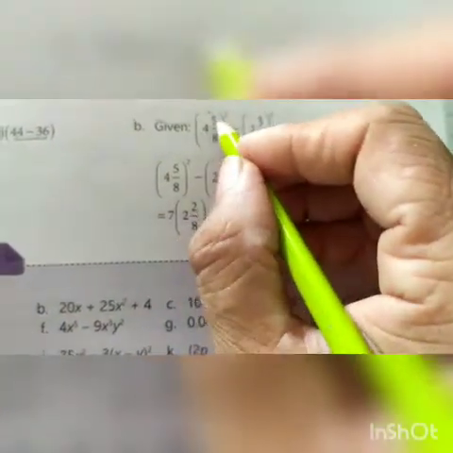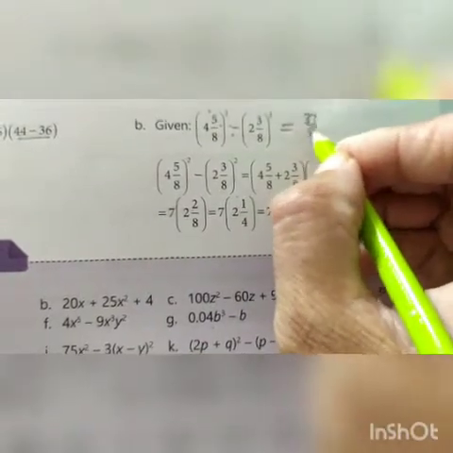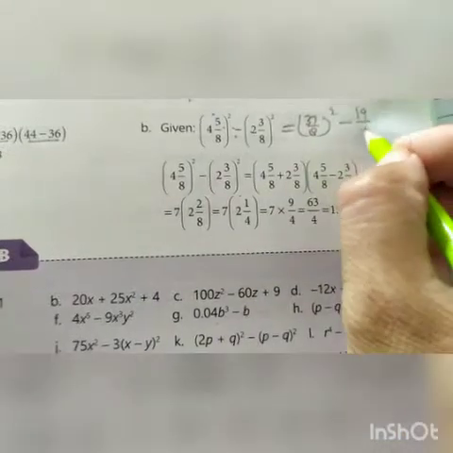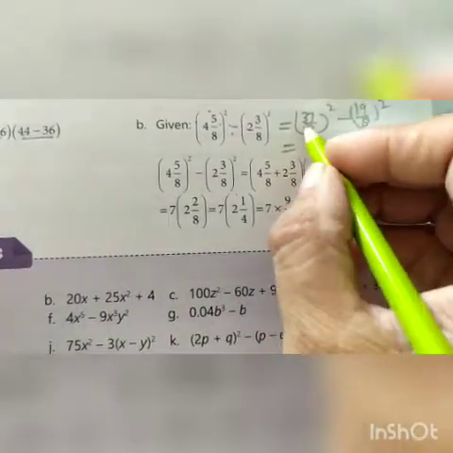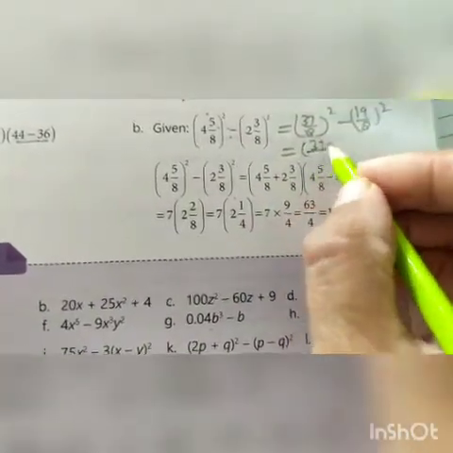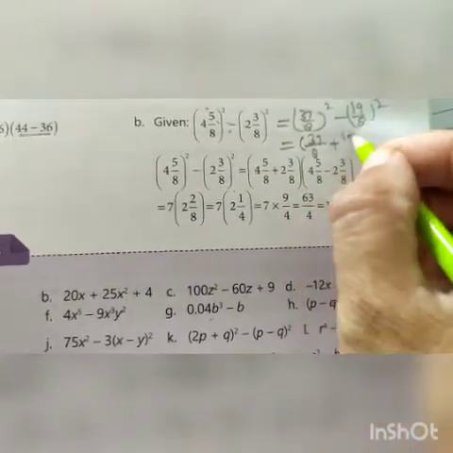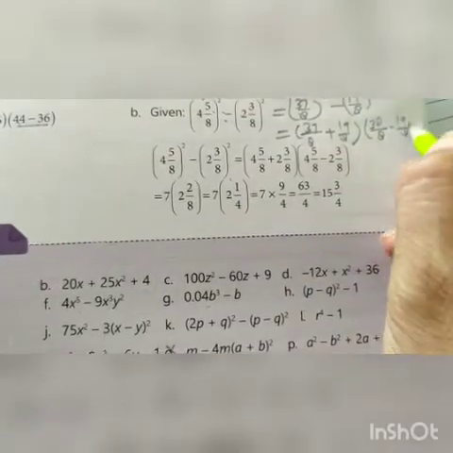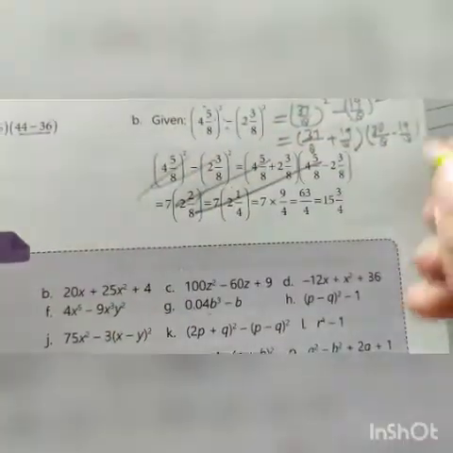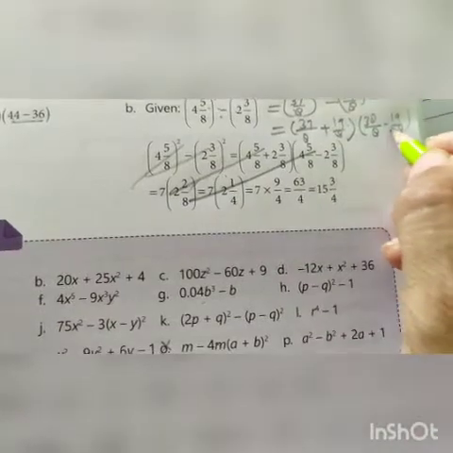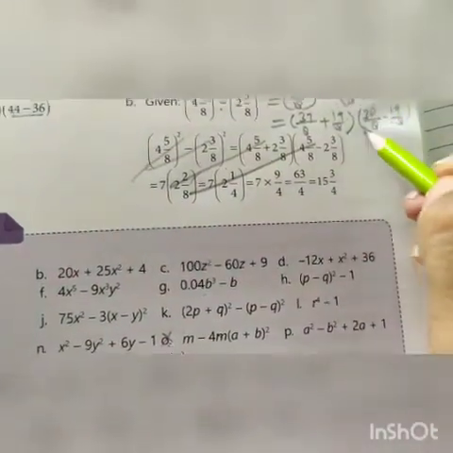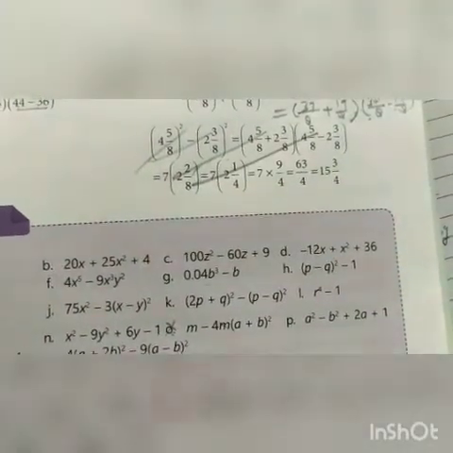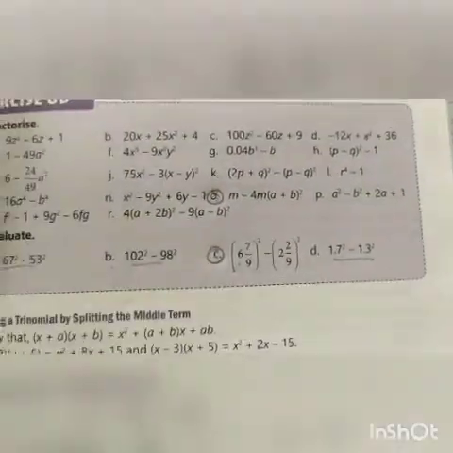Okay, you can do it like this: 8 times 4 is 32, plus 5 is 37 upon 8 whole square, minus 8 times 2 is 16, 16 plus 3 is 19 upon 8 square. Then A plus B and A minus B: 37 upon 8 plus 19 upon 8, and 37 upon 8 minus 19 upon 8. Do not do it like this. Then add this one, subtract this one, and multiply. If you can do it, then okay, otherwise I will explain this question in the next class. I will explain these two questions in the next class.